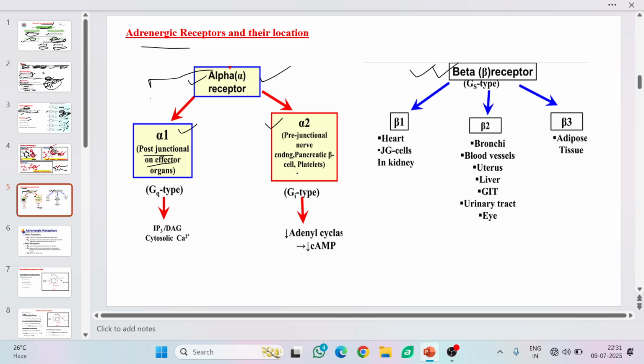You know that the basic unit of the nervous system is... sorry, not synapse, neuron. The basic unit of the nervous system is neuron. Now the gap between two neurons, the gap between two neurons,